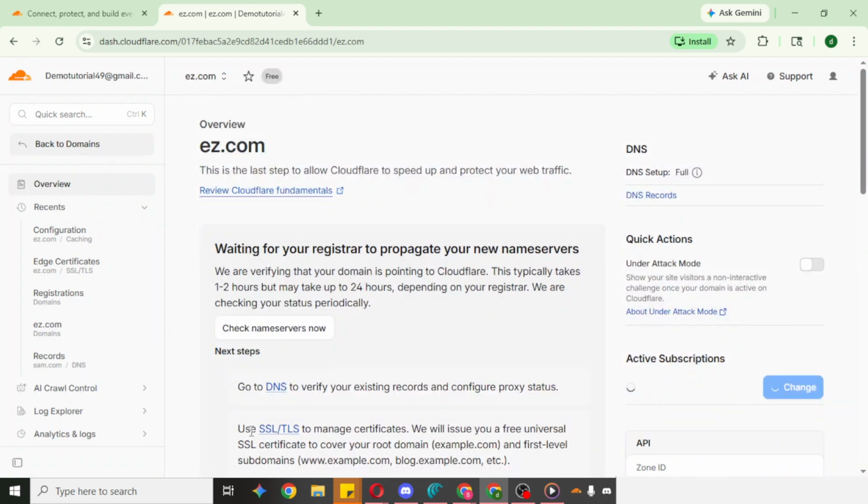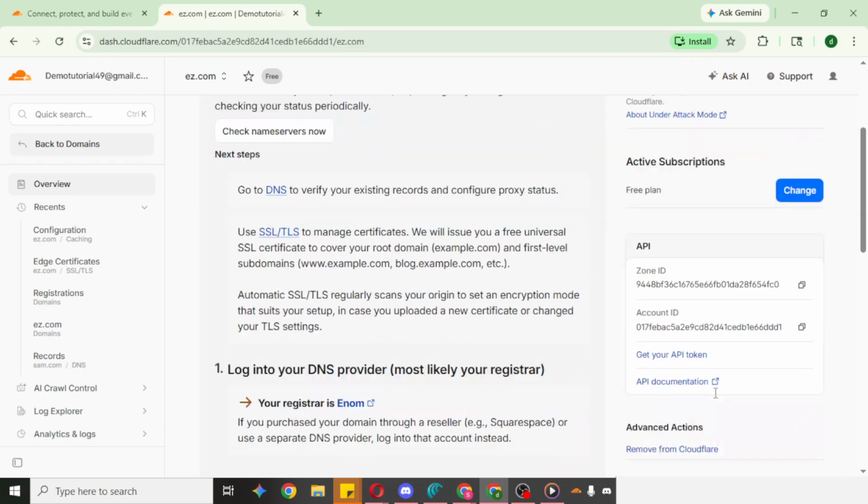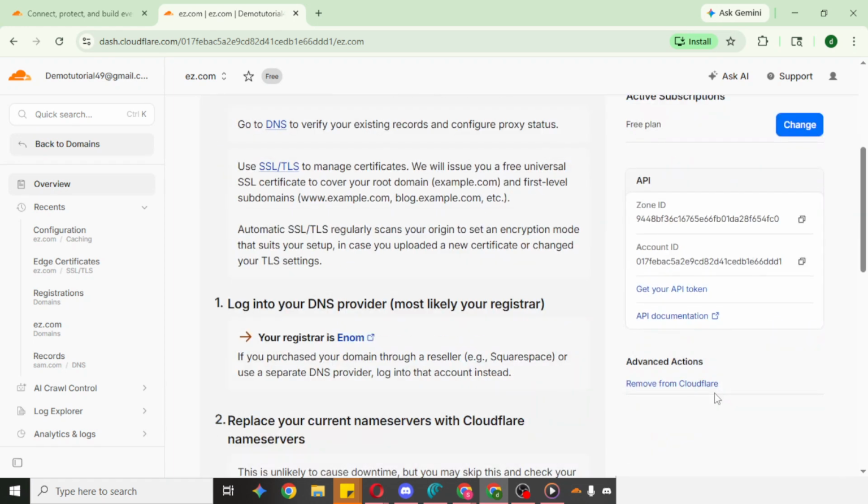Now focus on the navigation panel. On the left side, you'll see a section labeled Advanced Actions. Within that section, look for the option called Pause Cloudflare. That is the control that disables Cloudflare for this domain. When you click it, you'll typically be asked to confirm that you want to proceed. Confirming will pause Cloudflare's proxy and features for the site, allowing requests to go straight to your server.